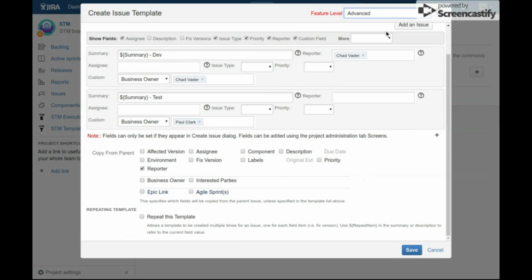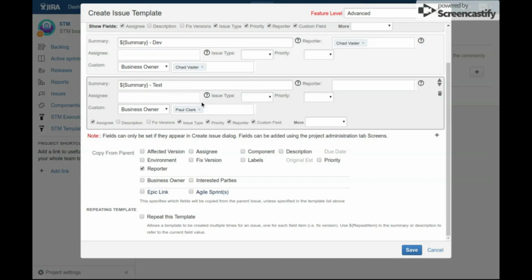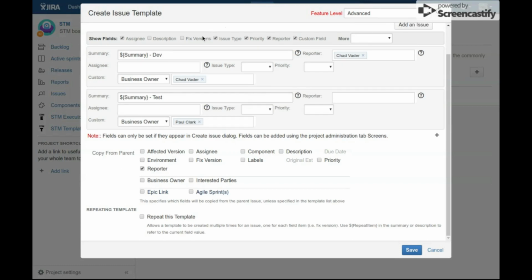Then we have advanced feature level. At first glance, this doesn't look any different, but when you hover over a field, we have checkboxes down here in the More menu, which will allow you to create or remove fields that are just for this particular issue. It doesn't affect this issue down here, which has its own one. The top checkboxes up here still refer to everything, but the individual issue ones allow you